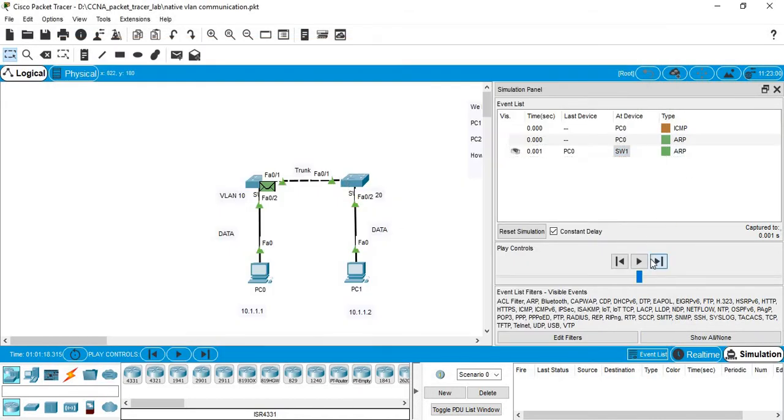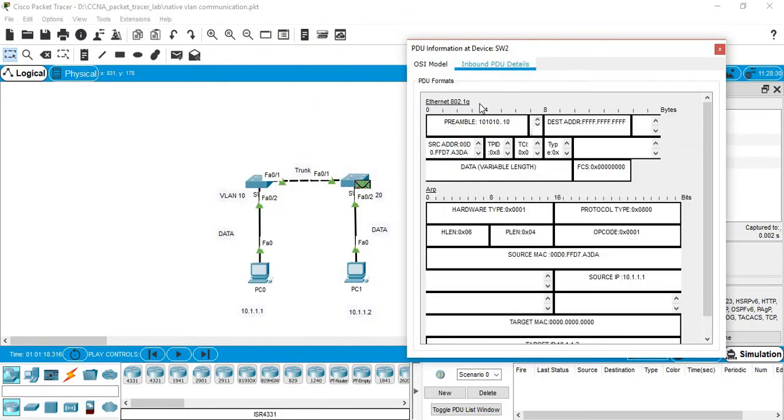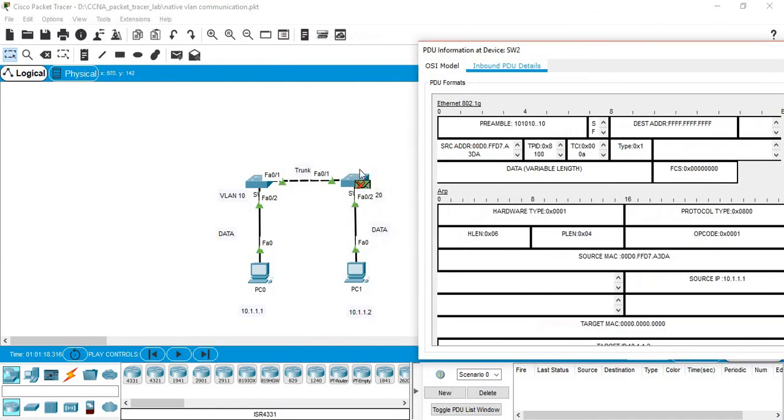What happened next? Because the trunk can carry the tagged traffic, it is sending it to switch 2, but on switch 2 it is dropping the packet, because the inbound PDU is carrying tagged traffic with VLAN 10. On switch 2, it checks all its interfaces and doesn't find any port configured with VLAN 10 where it has to send, so it dropped it here.